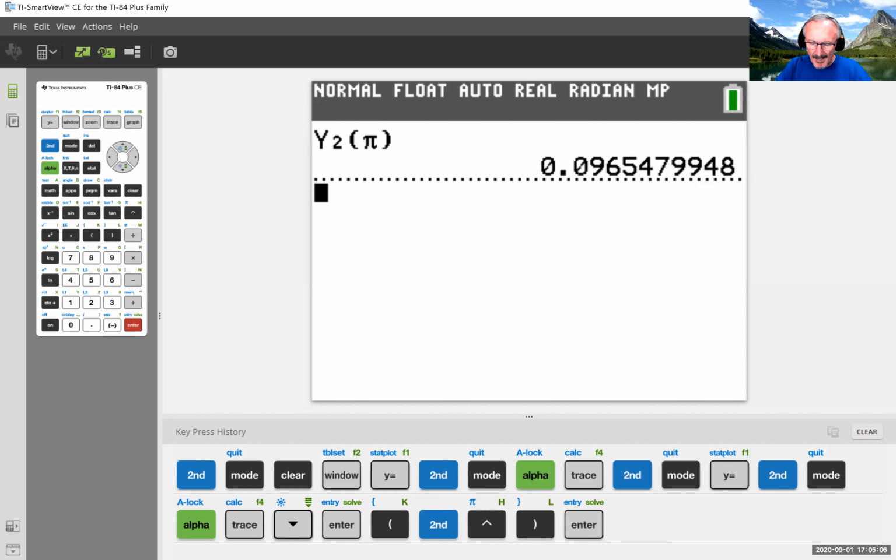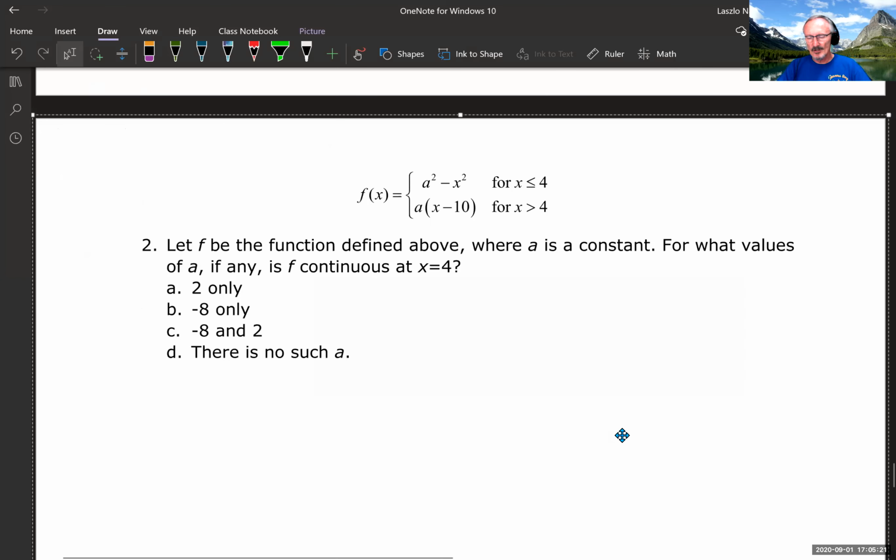So let's come back here and make sure that the OneNote screen is being shared. So let's see. Here we are, okay? And so at this point, we are back to our OneNote, and we're looking at problem number 2 for unit